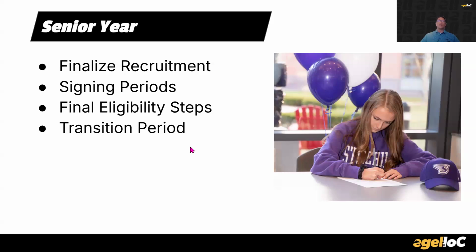Just to wrap it up, for the timeline here, senior year, of course, is finalized recruiting. Official visits to the campuses are normally allowed in senior year for most sports. You continue conversations with the coach to assess your mutual interest. You have signing periods, where you sign the letters during the appropriate signing periods, an offer of a scholarship. You have final eligibility steps. You have to complete the NCAA or NAIA eligibility requirements and submit your necessary transcripts. And then, of course, transition, where you engage in pre-college training and maintain communication with your future coach and your teammates.